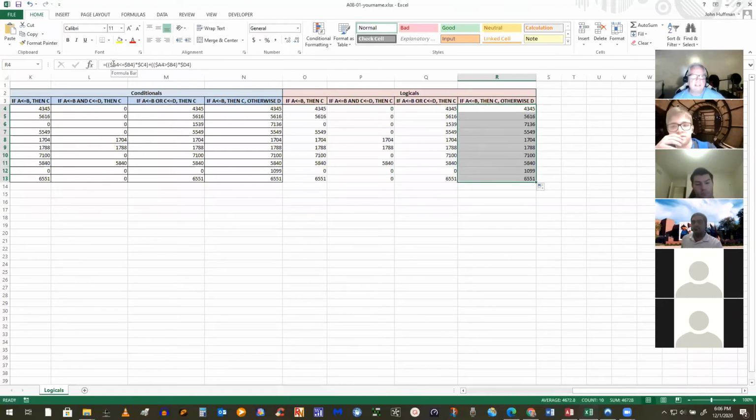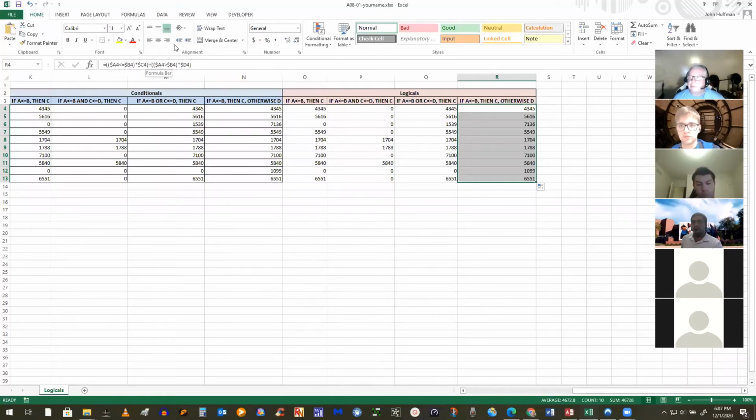So what I've got here is, the situation is if A is less than or equal to B, then make it C. That's what this one does. If it's not, then make it D. So what I have to do here is take the complement of whatever this logic was. This was less than or equal to, so the complement of that is greater than, right?